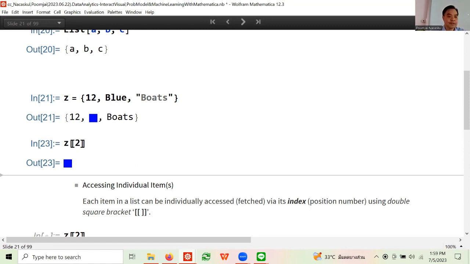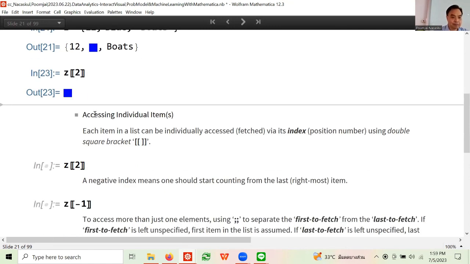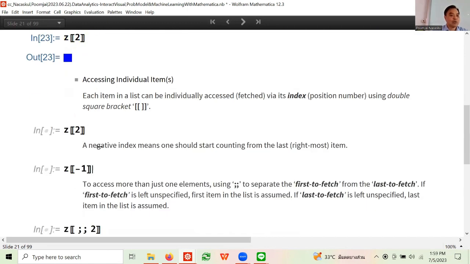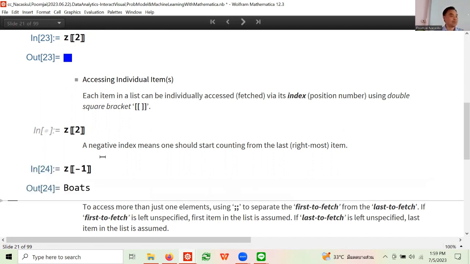Now what if I did this? -1. -1 is the same kind of index, but going from the end. A word of caution, those of you who came from the Python world are familiar with starting with 0. That's another thing you have to memorize: Mathematica starts with 1, not 0. So -1 means the last one from behind. Okay, so you can do that.